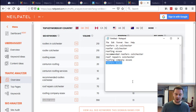Go ahead, grab these words, stick them in your pages. The things that we know for a fact affect your rankings are putting these keywords in your H1 tag, putting them in your title tag, having them in your URL or domain. All the other stuff helps, but those are the important things. Now, you could watch a number of videos to explain those in more depth, but I just want to give this tip away